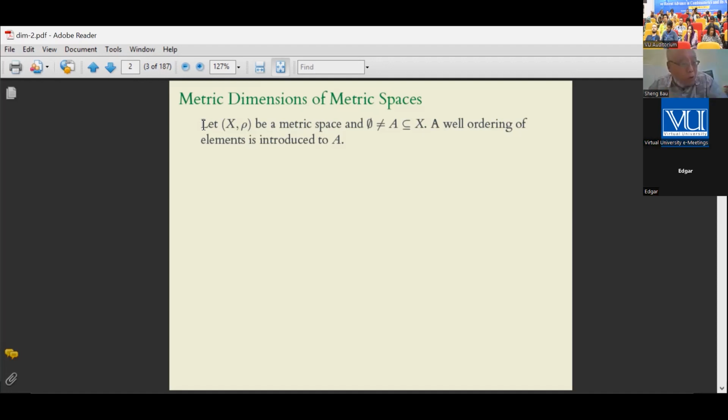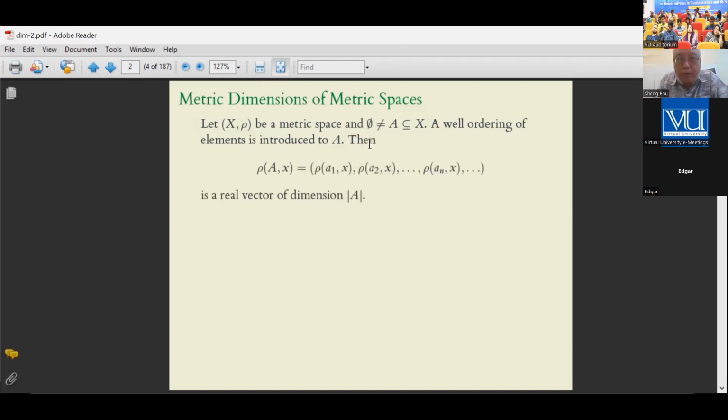So let (X, rho) be a metric space with distance function rho. I don't use D for the distance function because I use D for the diameter, and I don't want to mix up things to confuse students or readers. The rho was the original distance notation since Hilbert. And we use that. So now, if you have a subset,